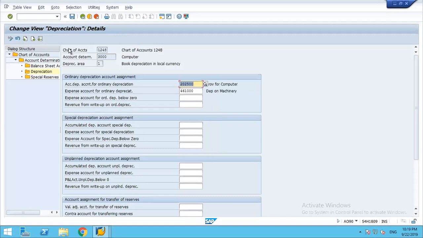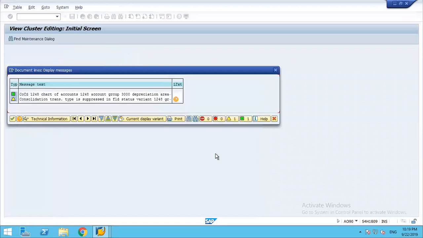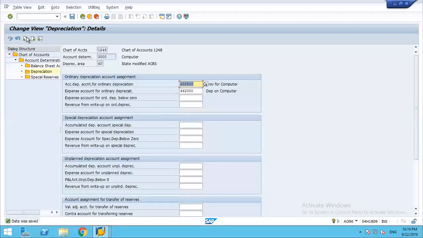Okay, depreciation on machinery. Oh, it's computer, right? So it means it is going to be 4,62,000. Yes. So the next is 40, 4,62,000, 2,02,000. Okay, the next we have for 80, 2,02,000, 4,62,000. Then go back to account